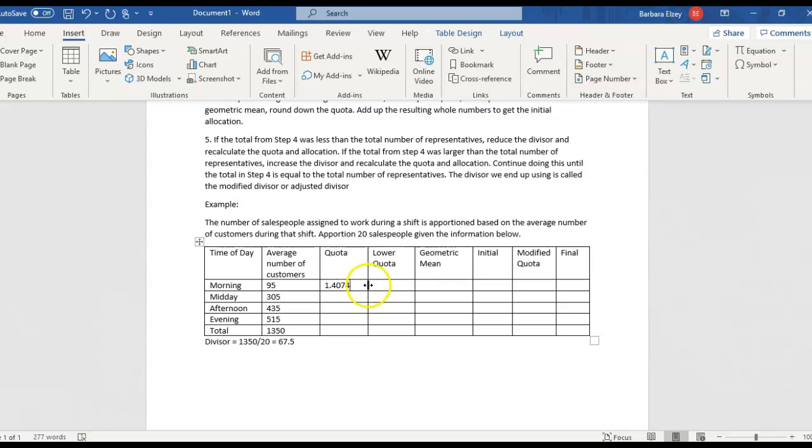Now on Huntington-Hill's method, it's very important that we take our quota out several decimal places. 4 is a good rule of thumb, so kind of stick to that idea. Let's do the midday now. 305 divided by 67.5. We get 4.5185. And then now let's do 435 divided by 67.5. All right, and we get 6.4444. And lastly, let's do 515 divided by 67.5. We will get